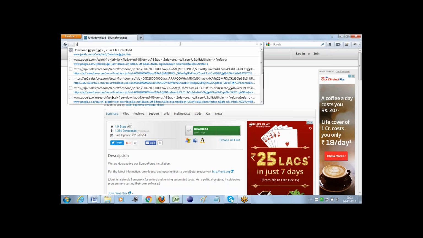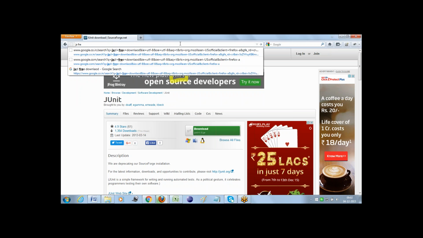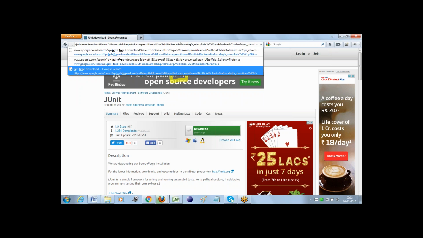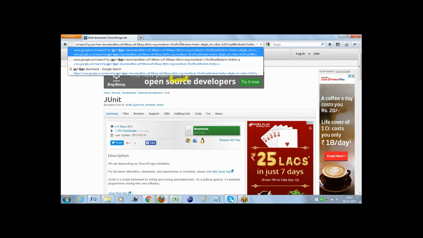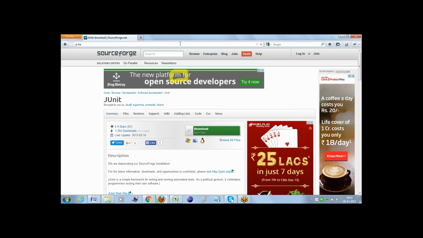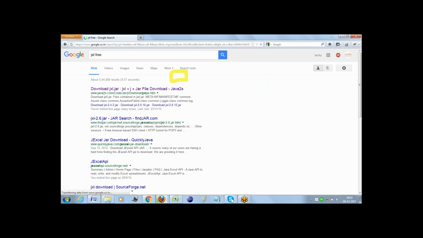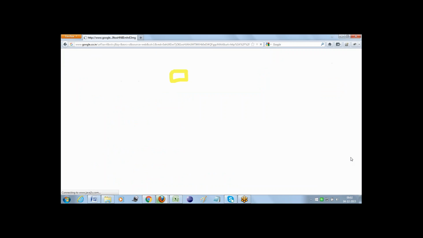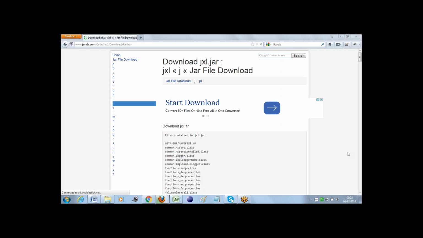Later, I am entering JXL free download. From the search results, click on the first link, which will navigate to the JXL downloads page. If you scroll down this page to the bottom,